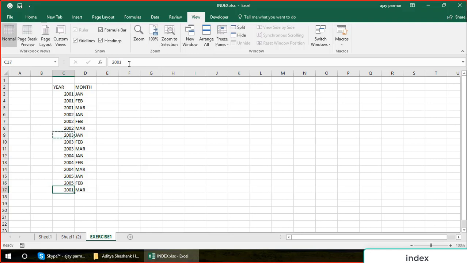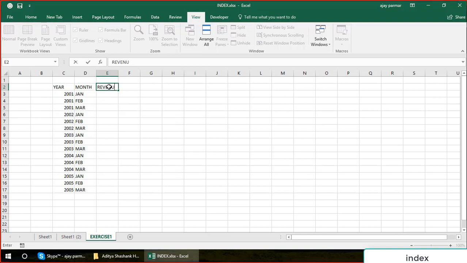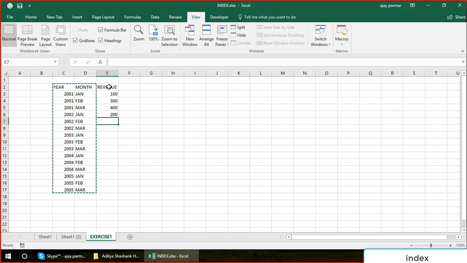Now let's say we have the data basis these year and the month, and we have some revenue coming here. So this is $100, $300, $400, or maybe rupees, whatever, in whichever currency it is. Now so here we have the revenues,